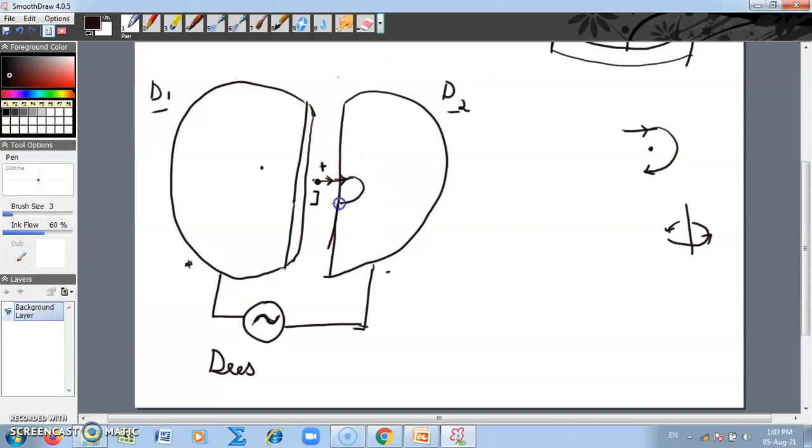So it comes and reaches here, and along this direction there is no acceleration, it just moves in a circular path. And when it reaches here, just like in the case of the linear accelerator, the frequency of this AC source is such that the polarity is changed. So first, suppose this was negative, due to which the charged particle had jumped here. By the time the charged particle reaches this end, this becomes positive and this becomes negative. So as a result, the charged particle jumps from here to here.